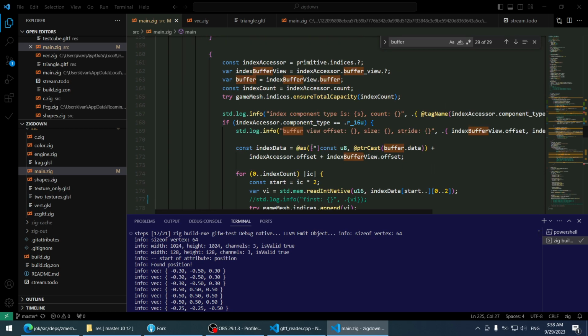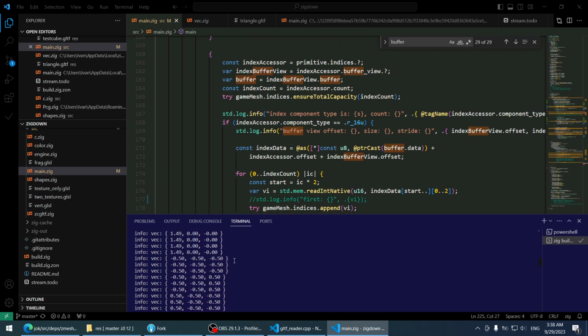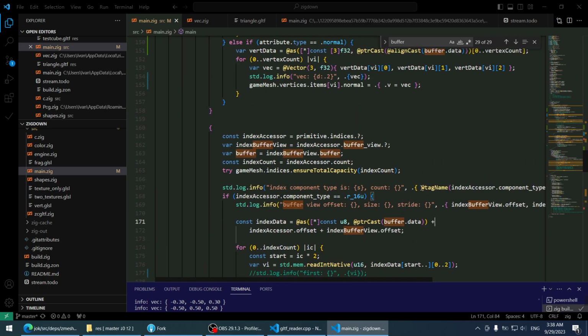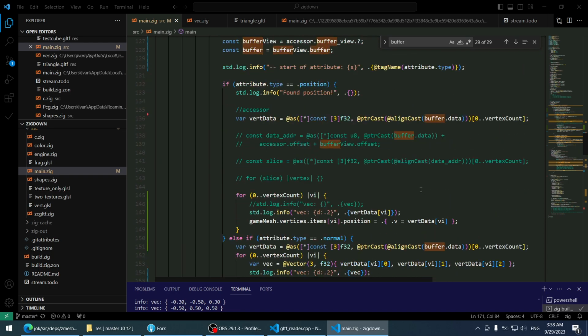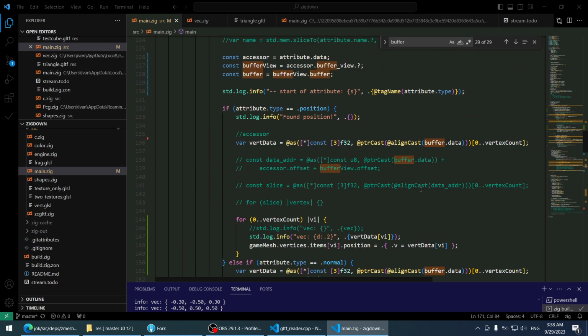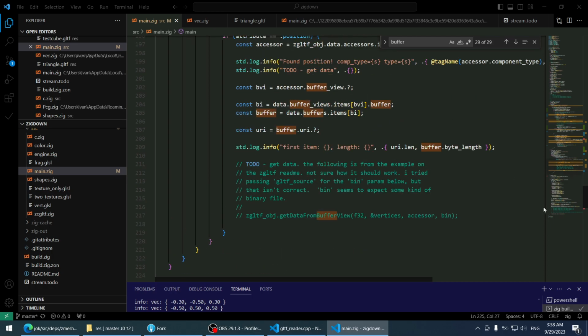Okay. So yeah, there it is. It is a vector. It is an array. Okay, so let's grab a slice in this way. Okay, let's say that